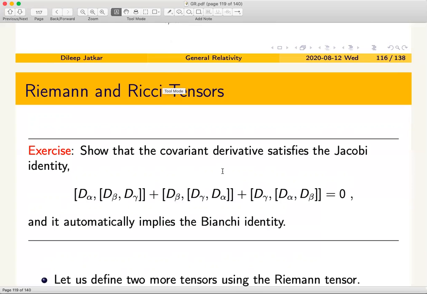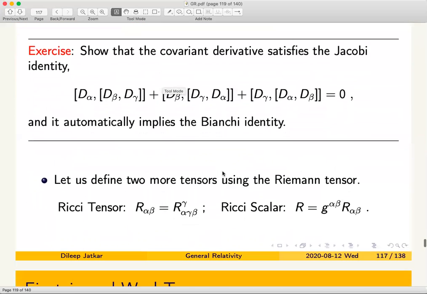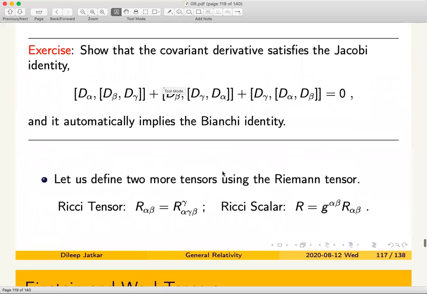Okay, if not, then let's go ahead and write down two more tensors which we can construct out of this Riemann tensor. To do that, let's go back to the original form of the Riemann tensor, which has one contravariant index and three covariant indices. From that, we can construct what is called a Ricci tensor, which is R alpha beta, which is basically the Riemann tensor with one of the contravariant indices contracted with one of the covariant indices in precisely this